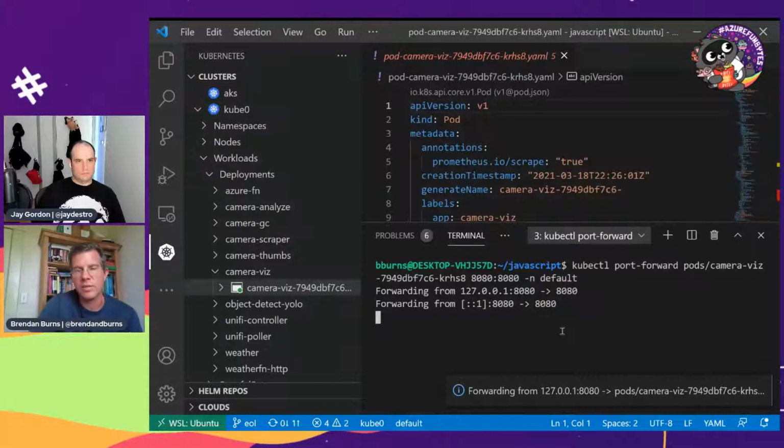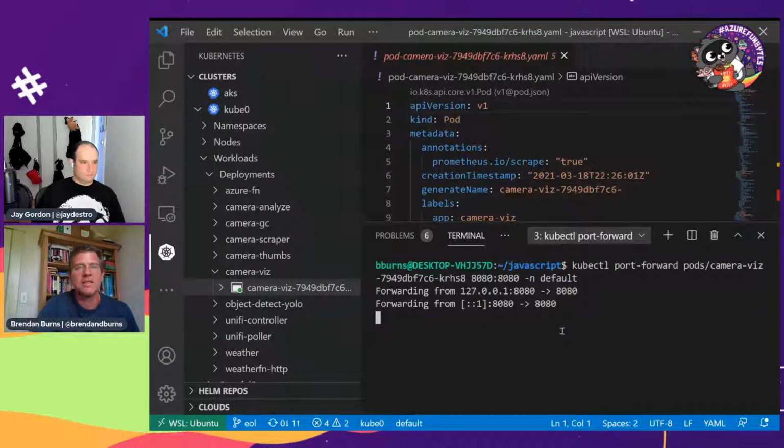We see tons of people run into security problems with accidentally putting things out on the public internet. And usually it's just because they want to interact with it. Right. And the easiest way for them to interact with it was to put it out on the public internet. And they didn't think, hey, every single public IP gets scanned by some system out there that's looking for interesting stuff. I mean, I just saw an article that some security team had found something like 20,000 unsecured Kubernetes clusters out in the wild.